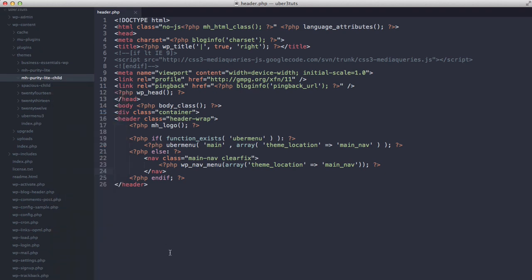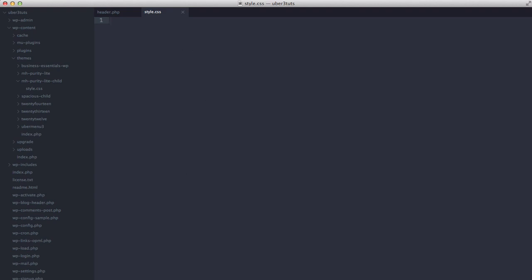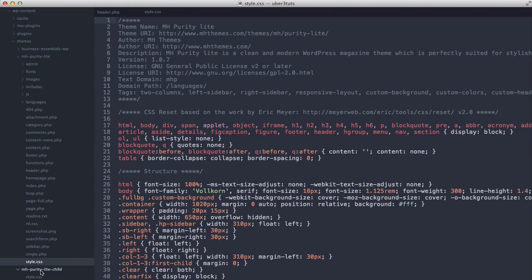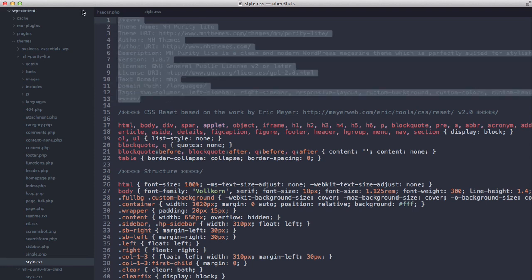So we're going to create a new file called style.css. And that style.css needs to have a specially formatted header so that WordPress can identify it as a child theme and figure out what parent theme it needs to load. So the easiest way to do this is just go to the parent theme's style.css and copy this header